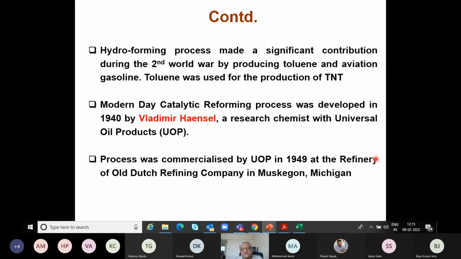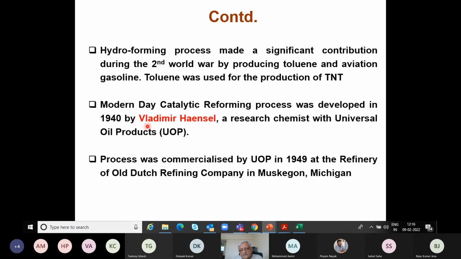So the hydroforming process made a significant contribution, or I would say significant discontribution, because if this technology had not been there, most probably the Second World War would not have happened, by producing toluene and aviation gasoline. But that went on for almost 8 or 9 years, and then around the same time,